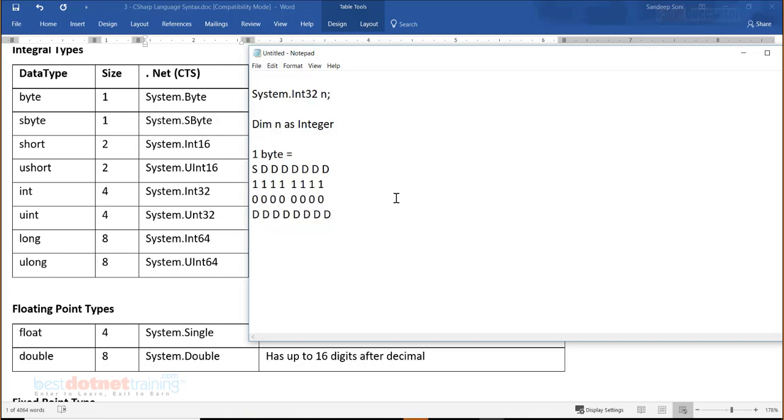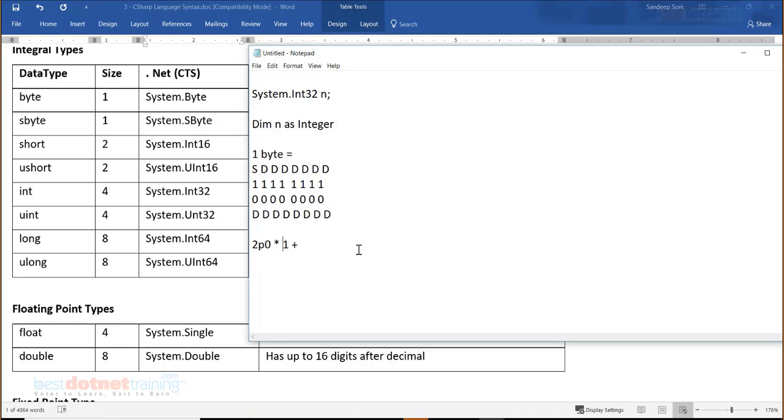So when I say all ones, I have 2 power 0, 2 power 1, and it goes on like that, 2 power 0 plus 2 power, how to write this in Notepad, it's a problem.